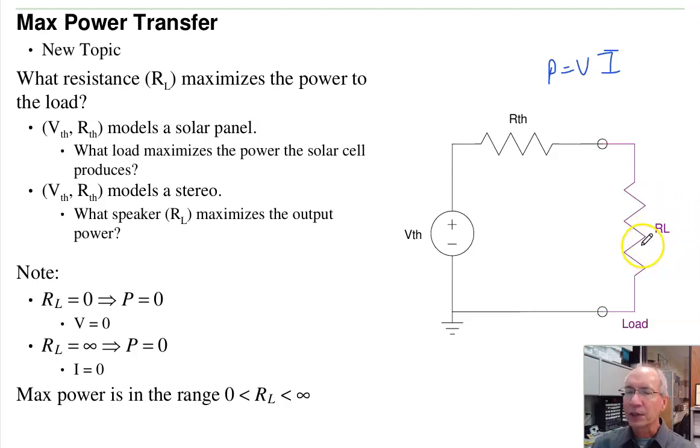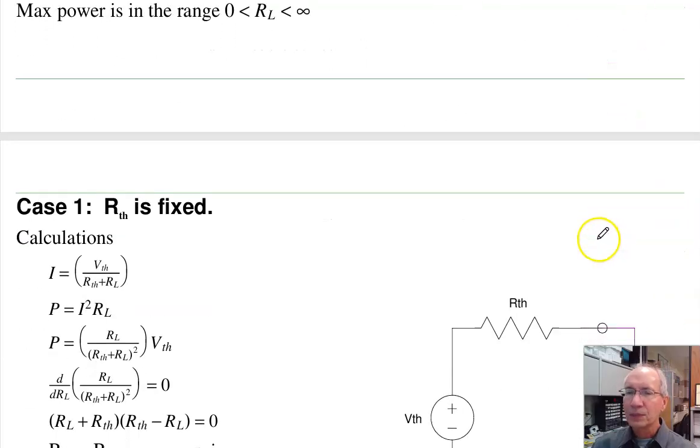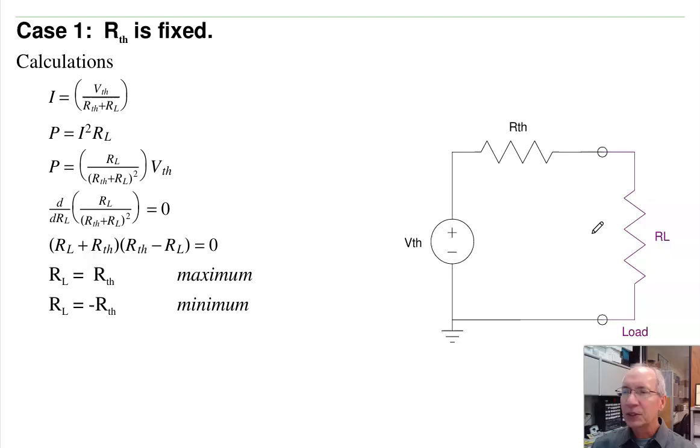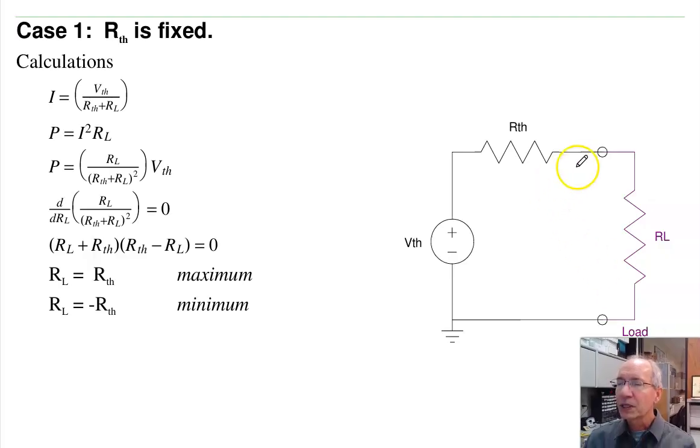Find that value of R. So let's take two cases. First, let's look at what happens if R Thevenin is fixed and I can vary the load. So like here's a solar panel, it's fixed, I want to vary the load. How much power can I get out of the solar panel? Well, in that case, the current is V Thevenin over R Thevenin plus RL. Power to the load is I squared R,